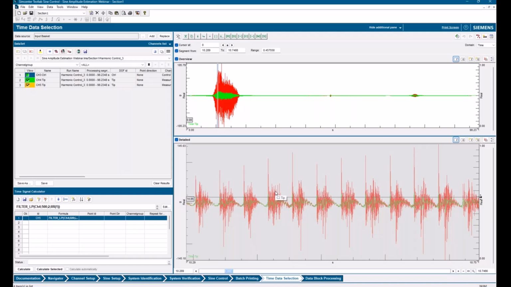And that's where the harmonic filter comes into play. If I'm exciting higher frequencies and getting higher harmonics, then maybe I'm not really so worried about using that. But if you think in terms of electronic components that you might be trying to monitor and protect, using a peak value might make more sense because we're talking about high frequency stuff that might affect your electronics. If we're talking about a hunk of steel, we're more worried about our low frequency responses. So that's kind of the first thing to think about here.